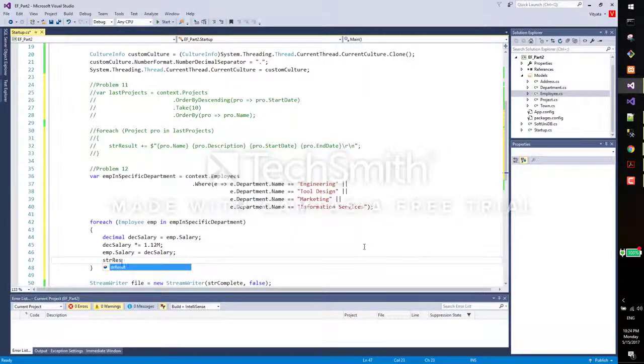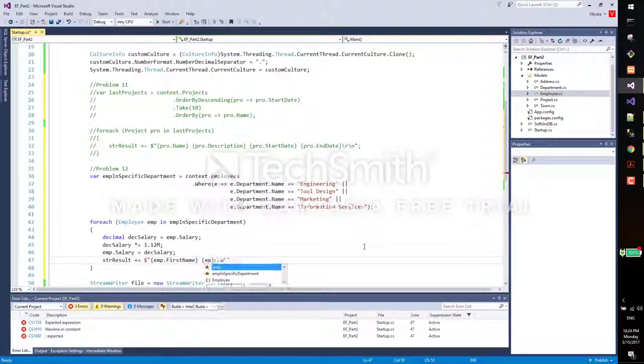And now simply we have to write the string result, which is like this, and do it like this. Okay. And let's start. What do we need here? First was the employee first name, then it was the employee last name, and the third one was the decimal salary, and this decimal salary was like F6. F6 means 6 zeros after the floating point, so we say